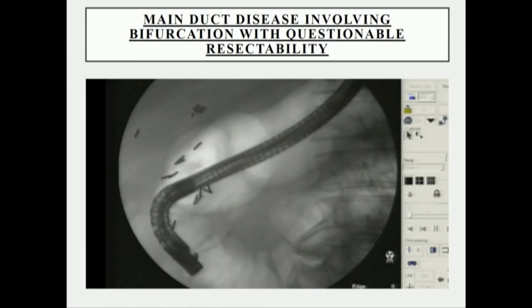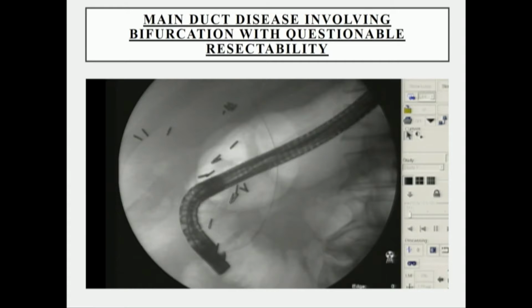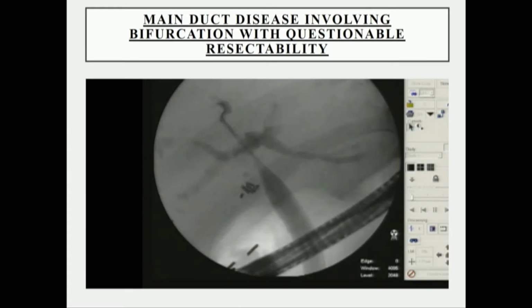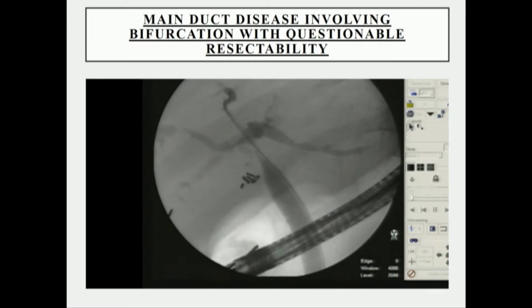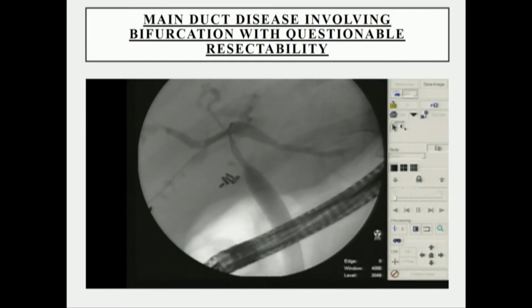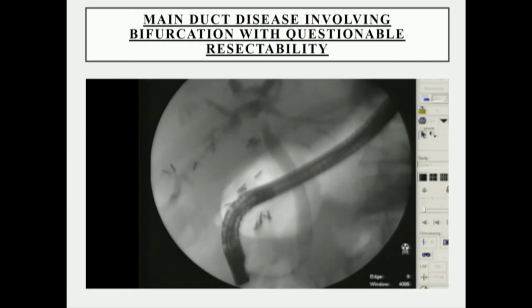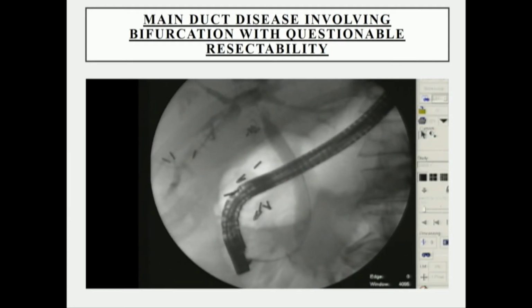So you can see we removed the plastic stents and recannulated. This is probably as we first start to use the new generation SpyScope, and you can see there's a stricture very similar to what I'd shown you before with perihilar disease. Common hepatic duct is affected, and it's really difficult to say on an ERCP, is there left and right main